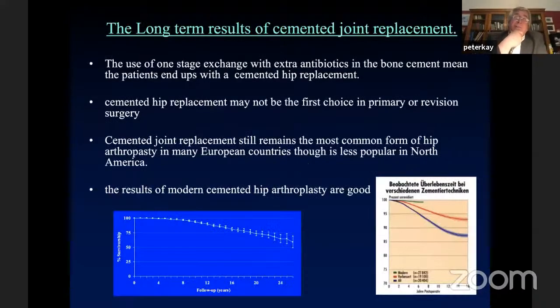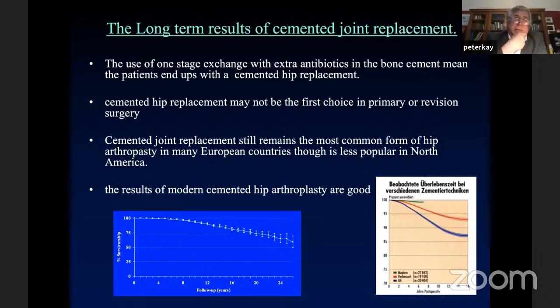Of course, you need to look at the long-term results, and cemented joint replacement does actually work quite well in the long term. But here's a real crux to one-stage revision, I think. And it's really the same with primary joint replacement surgery. At the end of the day, the whole purpose of the operation is to fix in an implant. So the most important thing in the decision-making, to me, is that after I've removed the implant, whether it be a hip or a knee, if I'm happy that I've got enough cancellous bone to fix in a new implant, then I feel really quite reassured. I'm happy to do a one-stage revision.